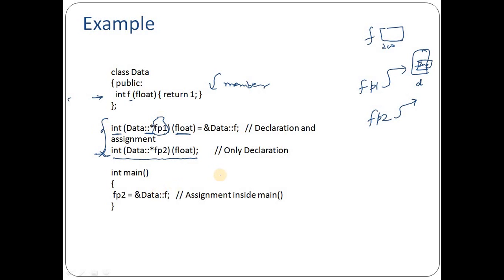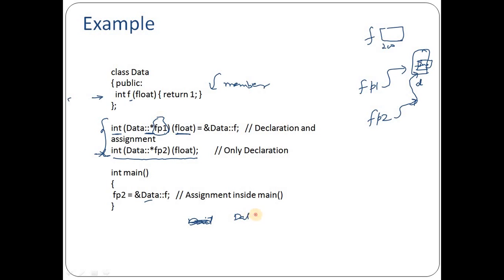मेन के अंदर हमने fp2 में f की वैल्यू असाइन की है. ओके, तो जो एड्रेस इसमें था वही fp2 के अंदर डाल दिया है. ठीक है, तो I think you have cleared about how to declare and how to initialize a member. If you are going to access this function, हम क्या करेंगे यहाँ पे इस डेटा का एक